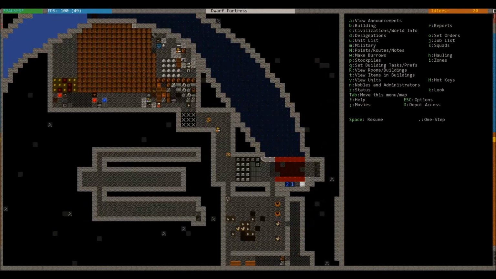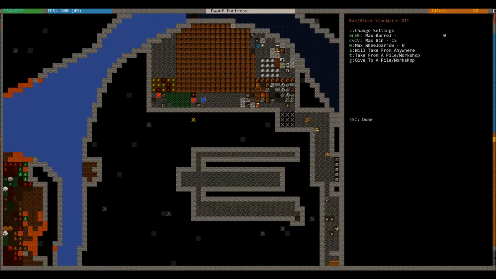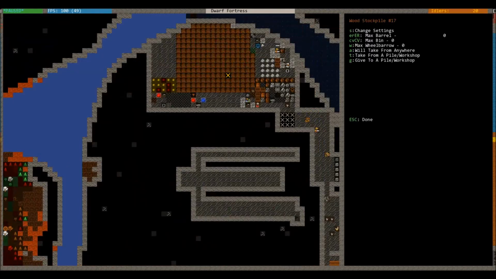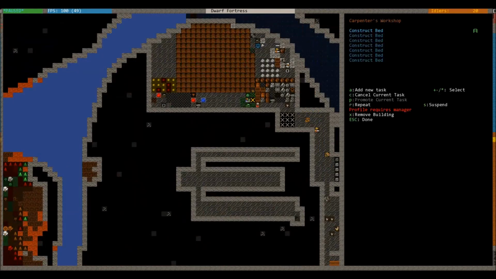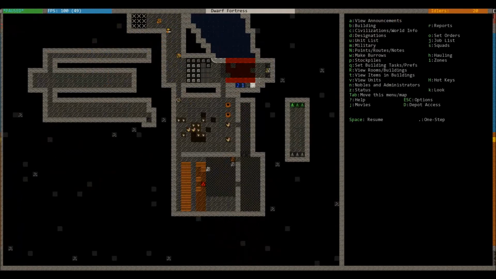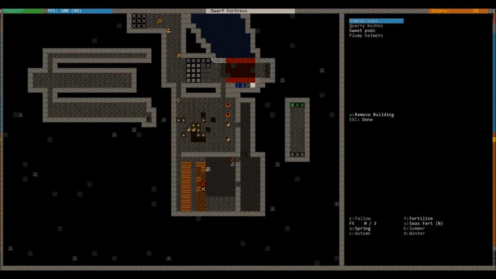Going up here, because I had a whole boatload of dwarves doing nothing, I expanded my wood stockpile to get more of this wood out of the way, and I'm basically just spamming bed construction. I've got a couple carpenters. Also, I expanded out the farming a little bit. Unfortunately, I'm